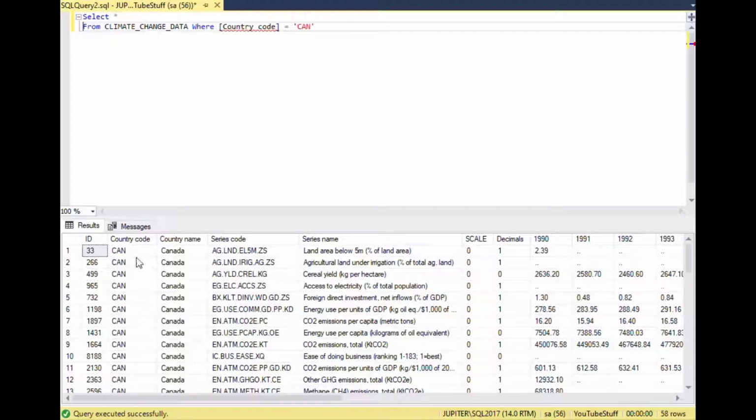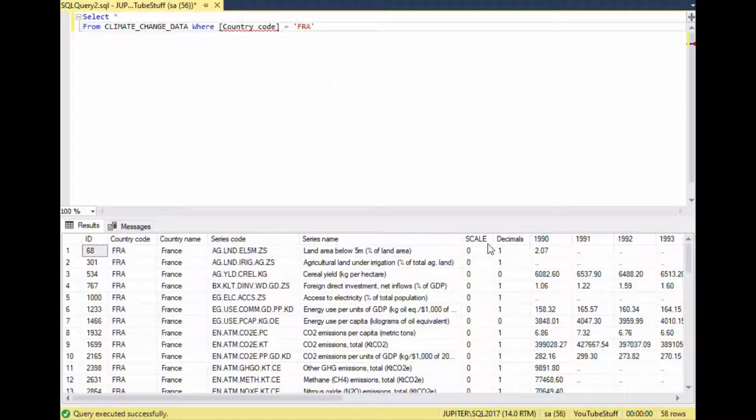And so this is the list, it's all Canadian, and so we could get that. And if I wanted to get, say, France, I could put in the country code for France that they're using, which is FRA, and that's kind of what we wanted to see. So there's our France and our series code and some measures, and I think I'll comment out this section here,